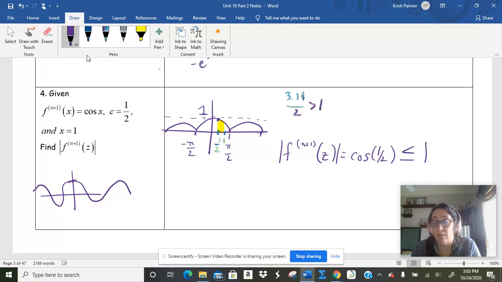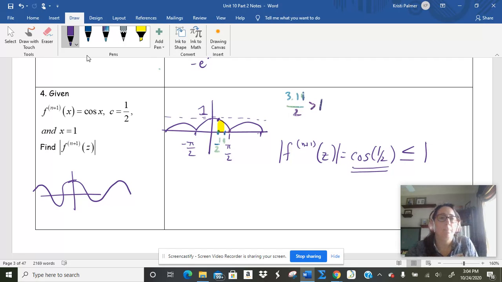And you guys, whenever this is free response and I don't have a calculator, then for sines and cosines, I'm always going to 1, okay? Because that's the absolute max and I'm making it a bigger error. I can't make it a smaller error. So I just go to that biggest error and go from there. But if I had a calculator, I wouldn't do that. I would stay with the cosine of 1/2 when I'm plugging everything in. Okay, so